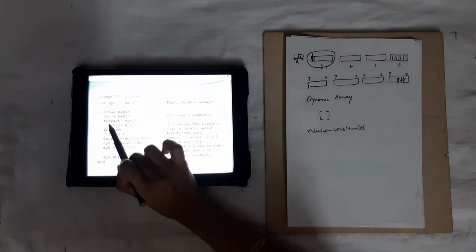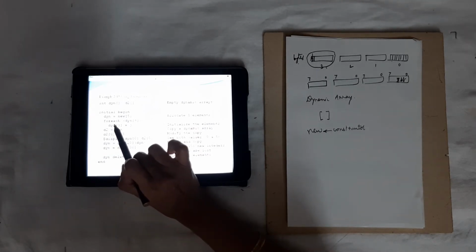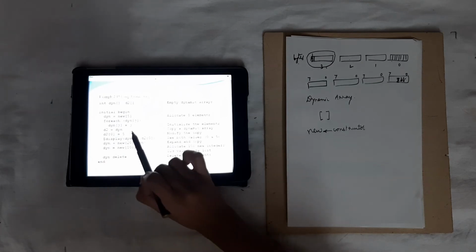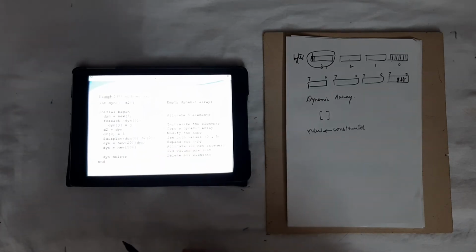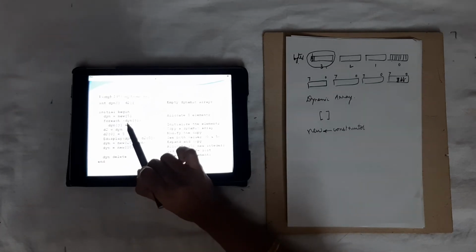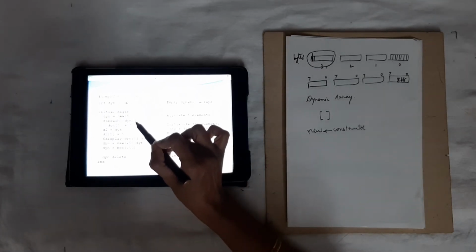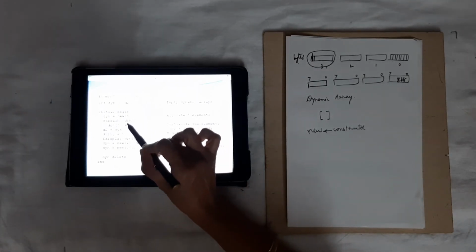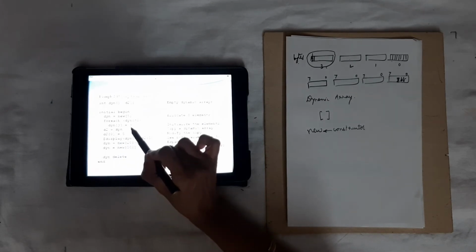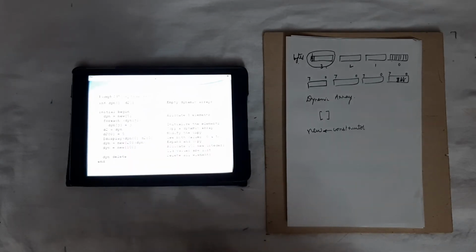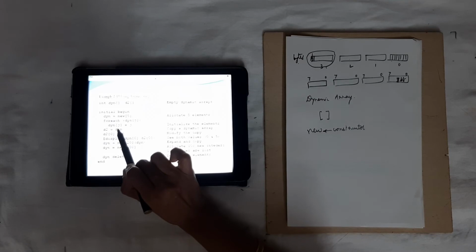What does foreach do? Foreach steps through all the elements of the array. Here the name of the array is dyn and j is the indexing variable. So it steps through all the elements. In the next statement, whatever is the value of j is assigned to dyn of j.